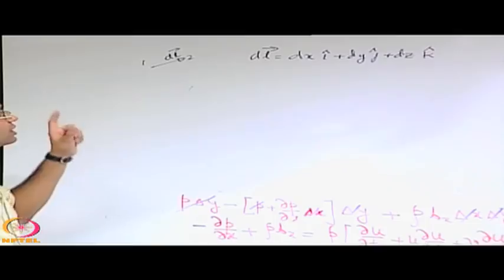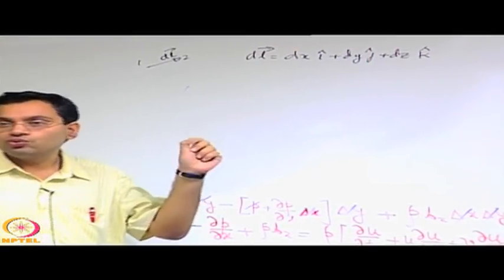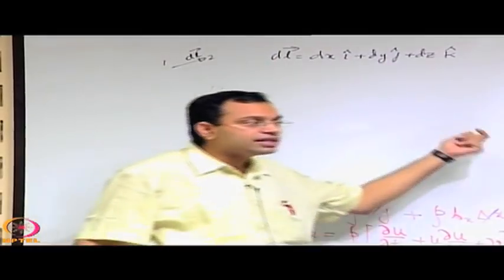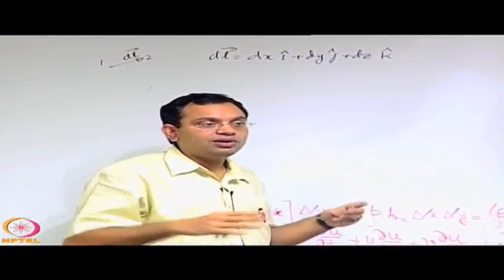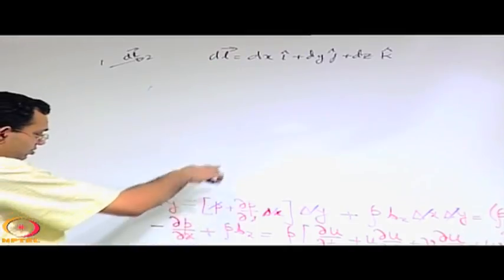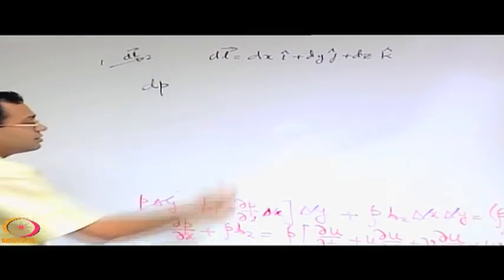What is our interest? To find out the difference in pressure between points 1 to 2. So, whatever we did in the previous problem a bit more informally, we will now try to generalize for a very general case. To do that, we will note that if you want to find the difference in pressure between the 2 points, here pressure is a function of x, y and z. So, you can write this as